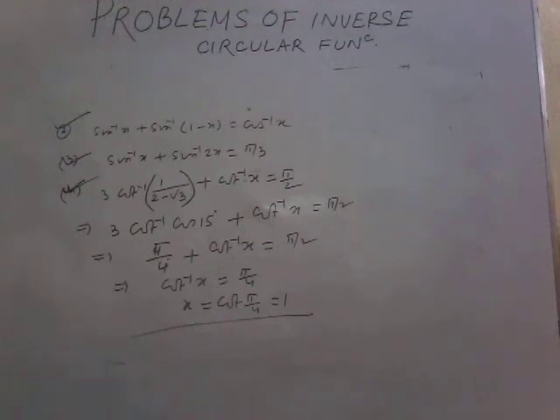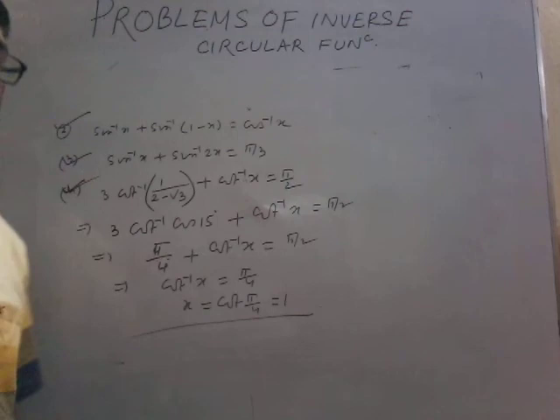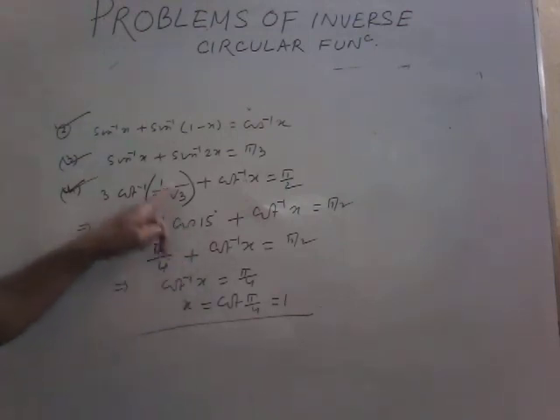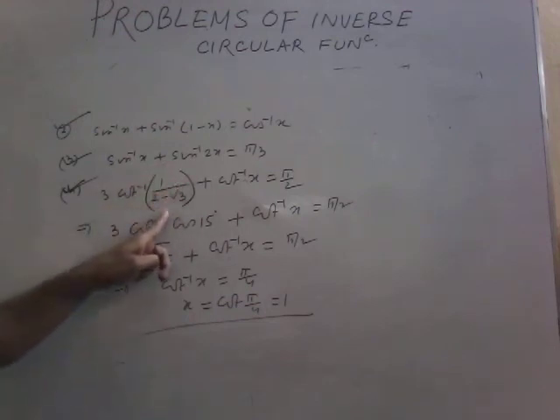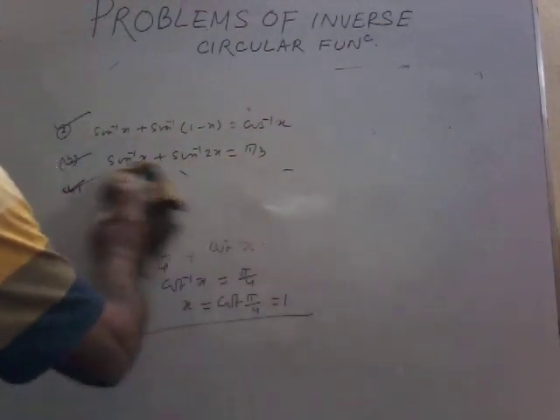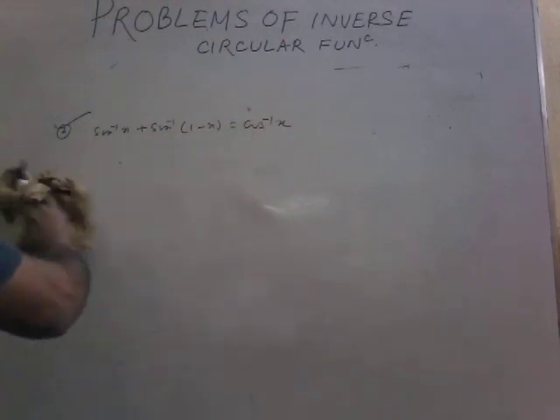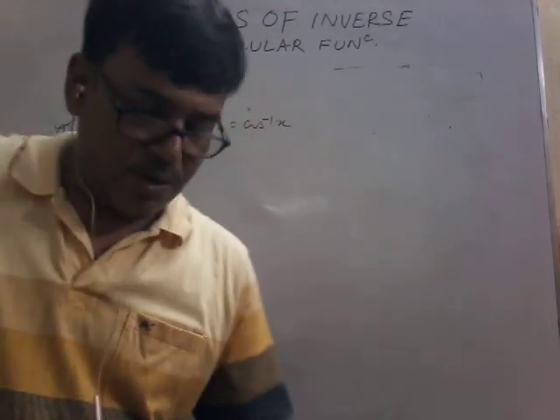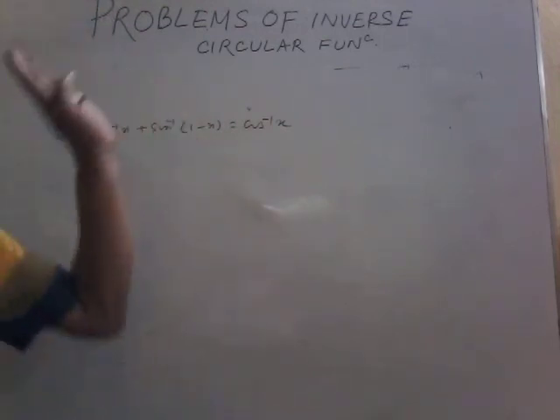So look, this one you try to recall the value of cot inverse. So cot 15 is 1 by 2 minus root 3. Similar to the problem here, 3 tan inverse 1 by 2 plus root 3. Then you put the value. Now problem number 1. We consider problem number 1, the last problem. You consider the rest one.